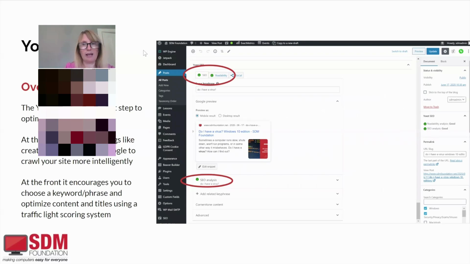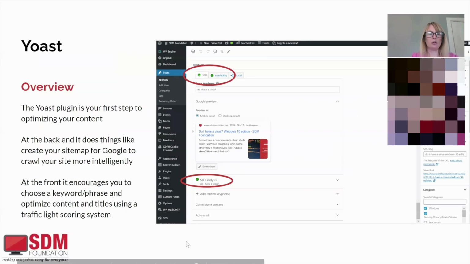If we look quickly, I've mentioned Yoast a couple of times. Yoast is an SEO plugin, and it's an extremely popular plugin. Everybody uses it because it helps guide you to making good decisions in terms of SEO. It doesn't do the SEO for you, but it will score your attempts at SEO. It won't score your keyword choice, but it will make sure that your keyword appears in the right places in your content. So once you've chosen your keyword or key phrase for that particular piece of content, it will make sure that you've included it in your headings, in your SEO title, in your URL,